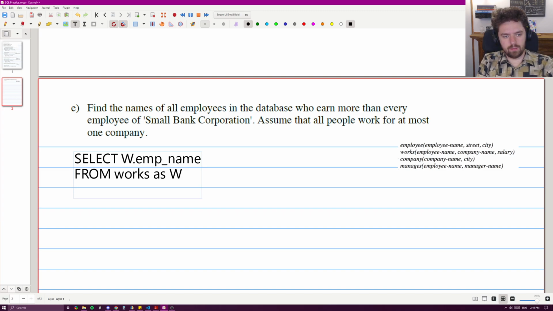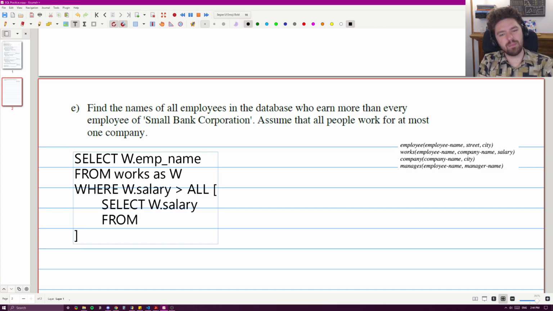So, where W dot salary is greater than all of, okay, and now we have a subquery, right? We have a subquery. Select, okay, what are we selecting? We're selecting the salary, right? So we're going to say W dot salary. Now we're getting the salary of everybody who's a small bank corporation employee. So select the salary from works as W,